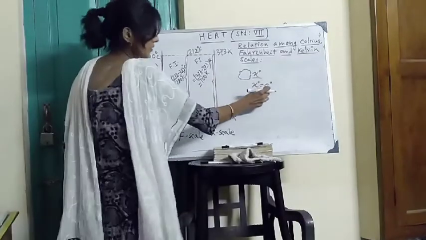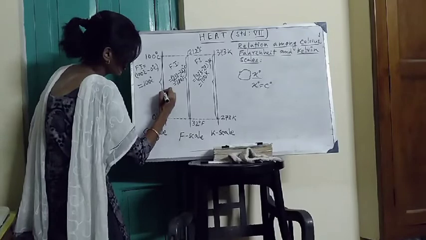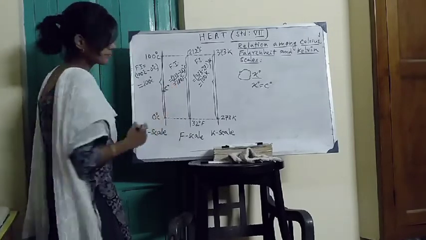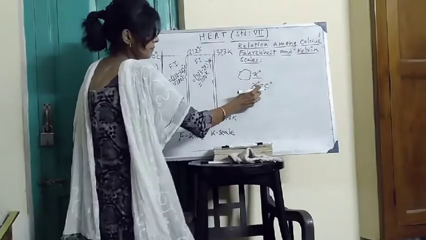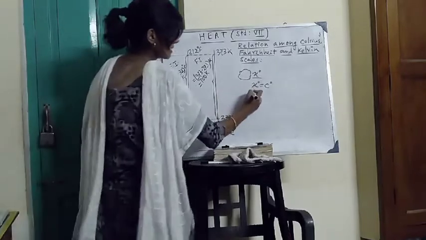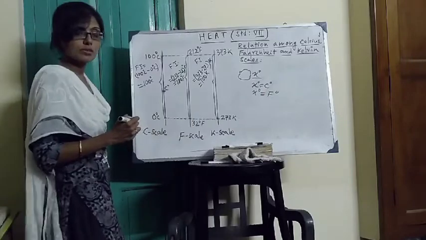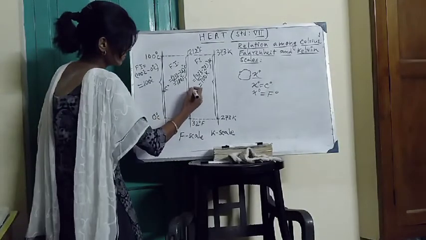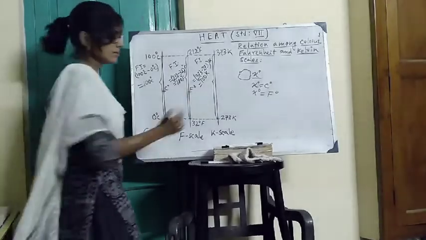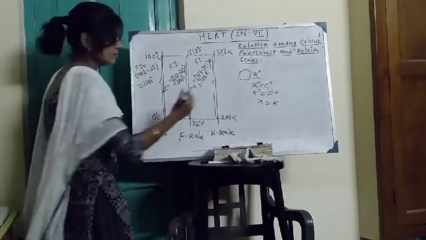Okay, and we can locate the point in any arbitrary position of the C scale. Suppose this point is c degree. Okay. Temperature of the body, unknown temperature of the body in Fahrenheit scale. Suppose this temperature is F degree in Fahrenheit scale. So definitely, clear? And x is equal to k for Kelvin scale.